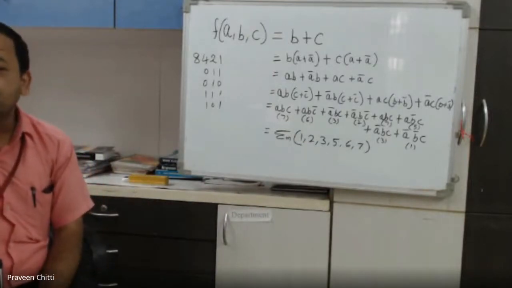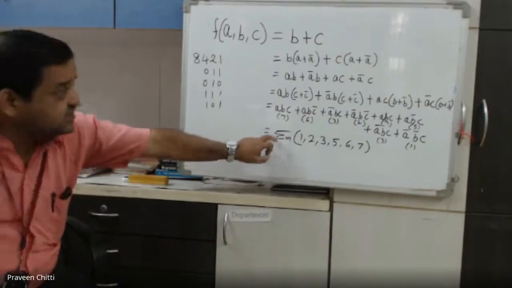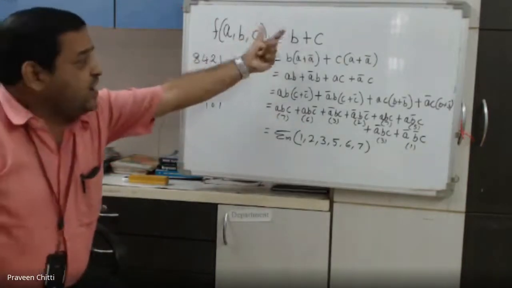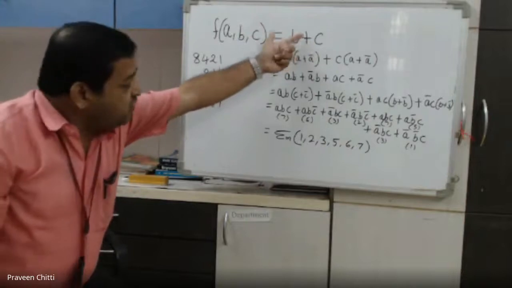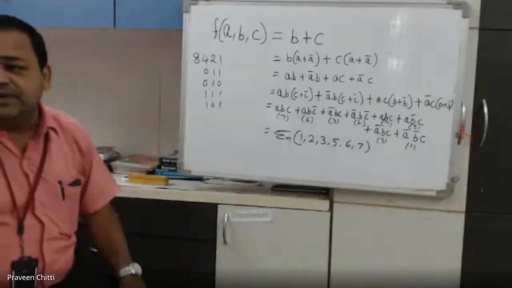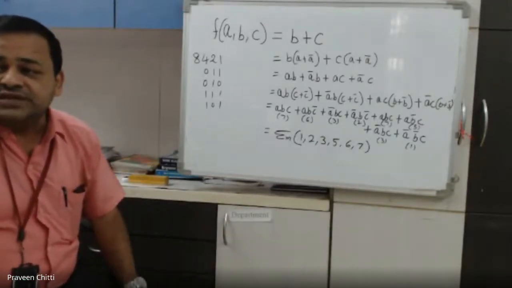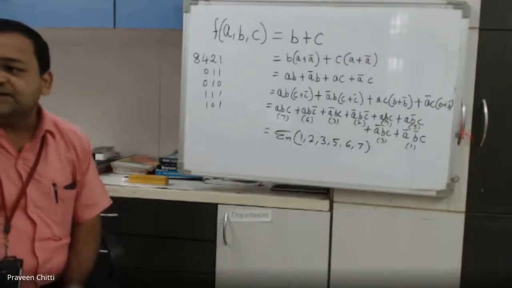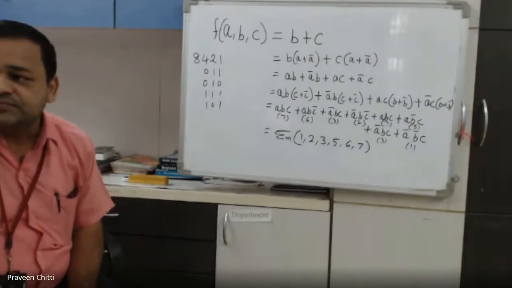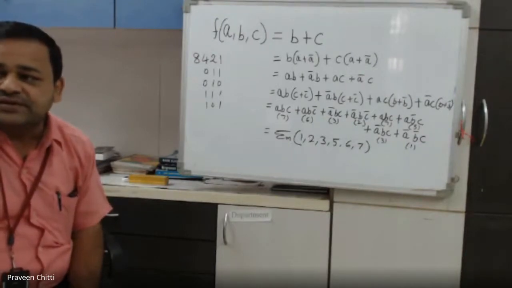It is like we have done the reverse process of K-map. Normally in K-map we start from this and arrive at this. But now we have a simplified form, and from that simplified form we have got the canonical SOP equation. I hope this process is clear. Any doubts here? Anybody has not understood anything? You can ask me. All of you understood this process? This is an important example, in fact.